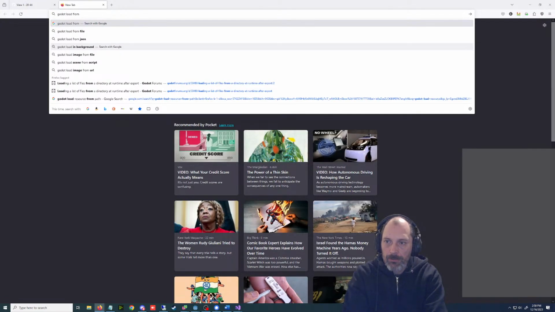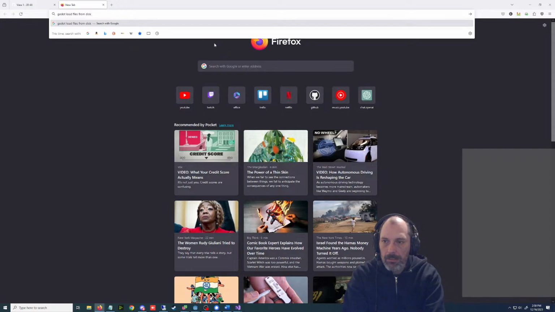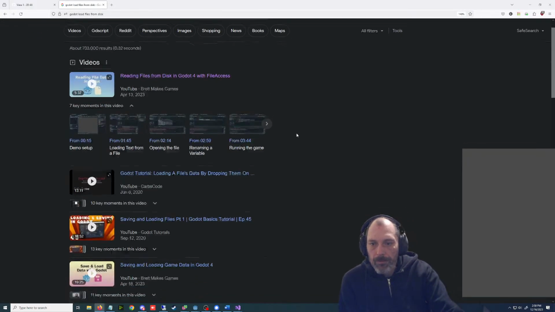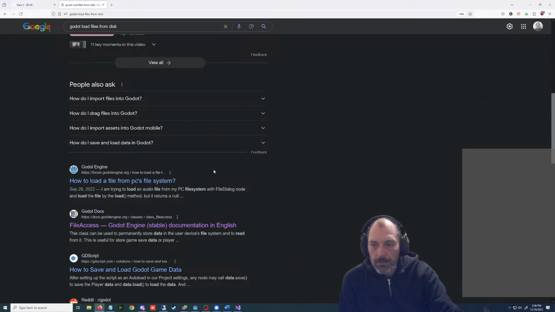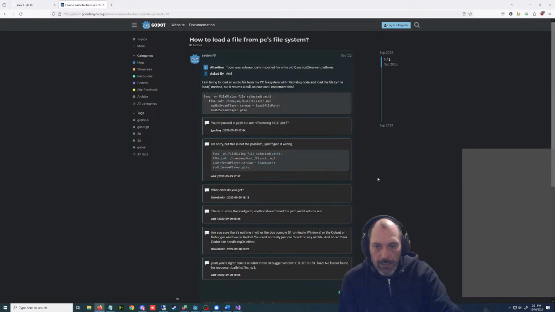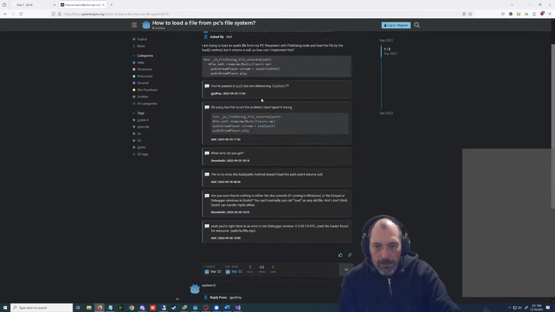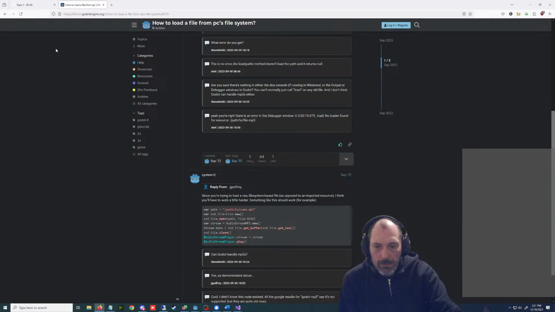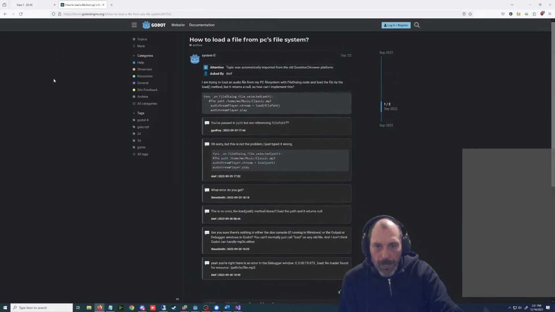Load from all resources in folder, load files. But it has to be a special way, and I thought file access did it. I thought when you use file access, it converted.